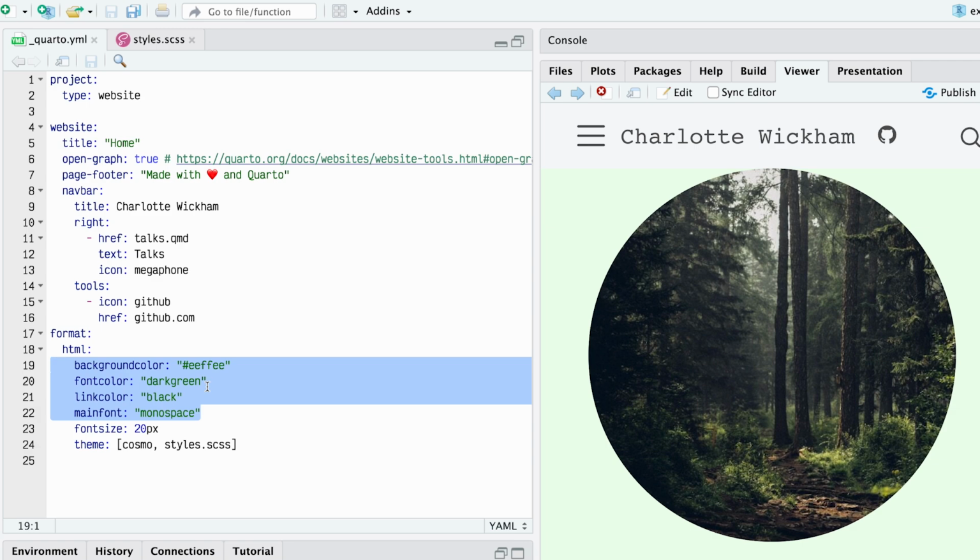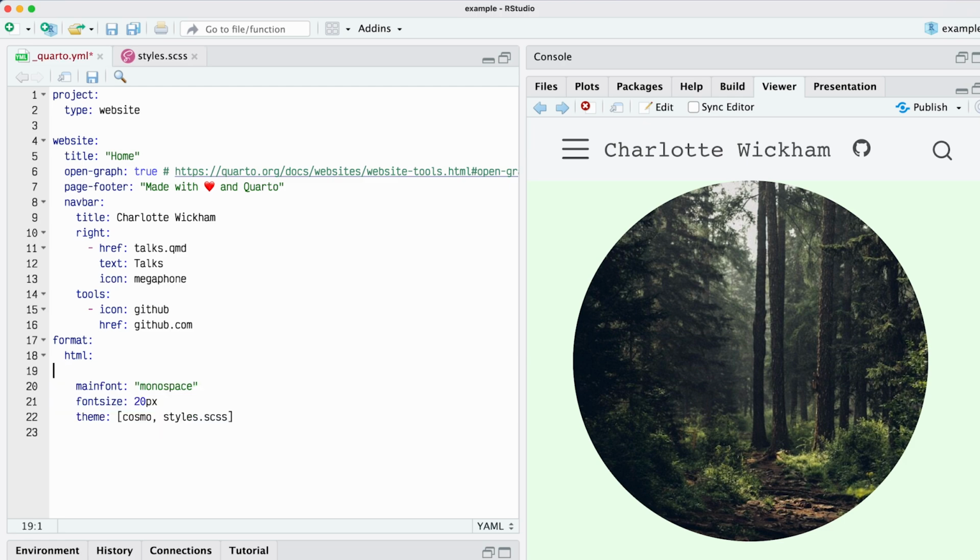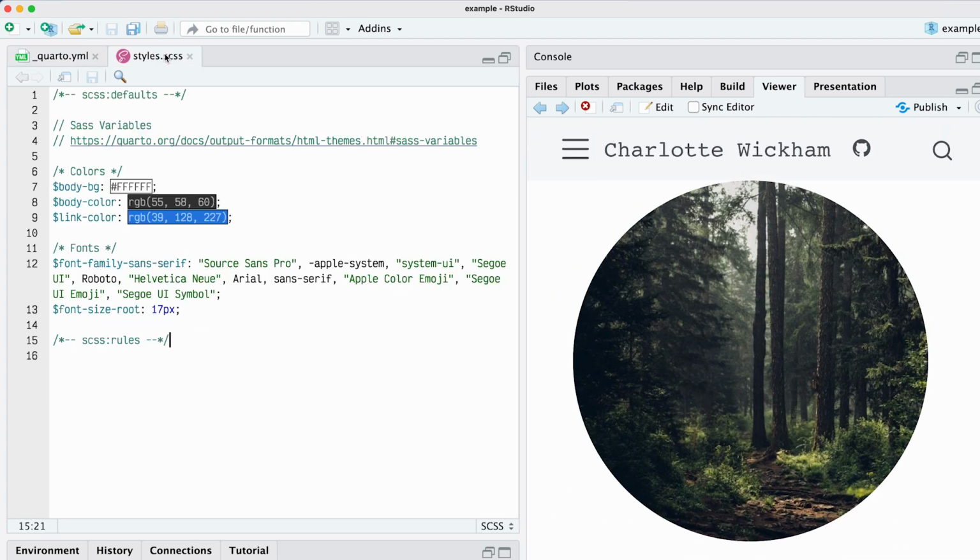We specified some things directly in the HTML, and we're going to try to undo some of those. So I'm going to take away this line right here, and it will undo some of the styling we saw. I'm going to re-implement it right in here, so I'm just going to paste them in so we can see them.